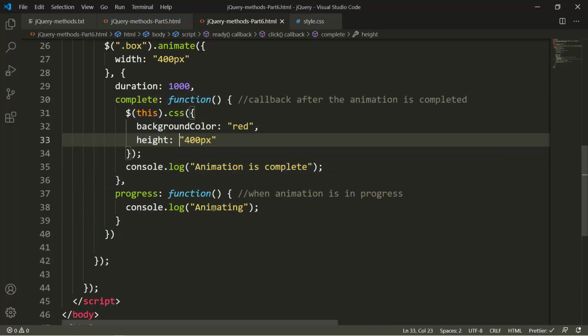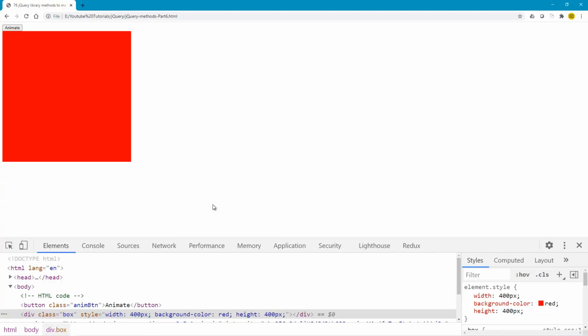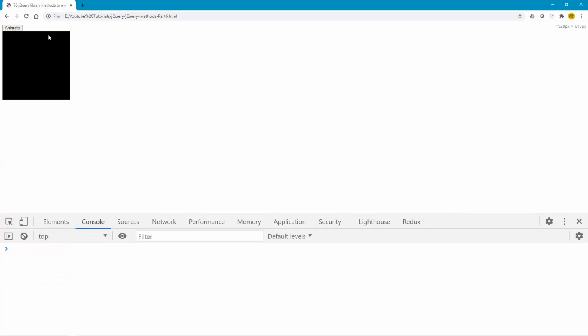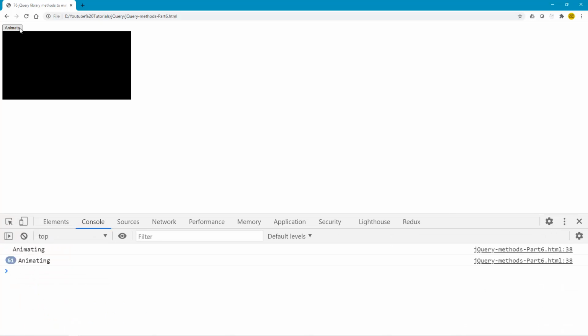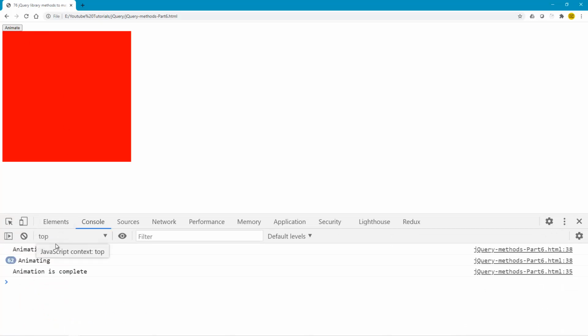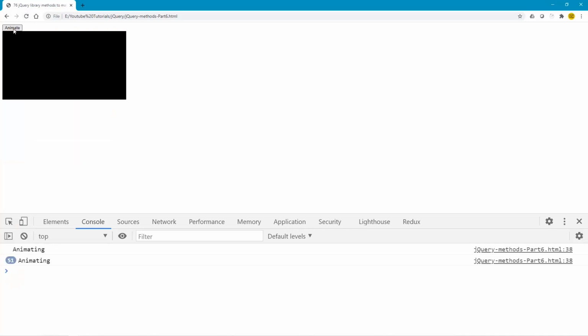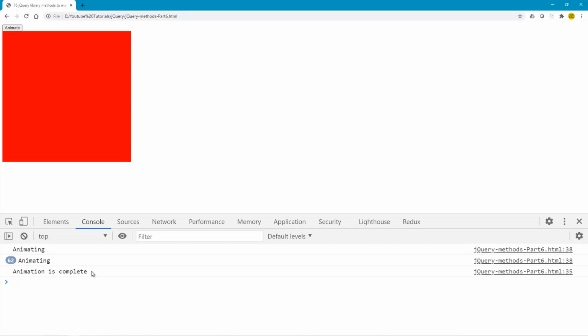If I save and refresh and go to my console, when I click on animate, you see animating, animating 62 times, and animation is complete after the animation has actually completed. If I click on animate again, animating, animation is complete. So this is how it works.